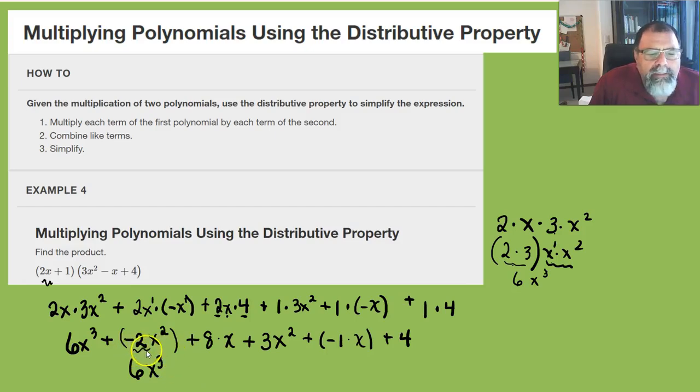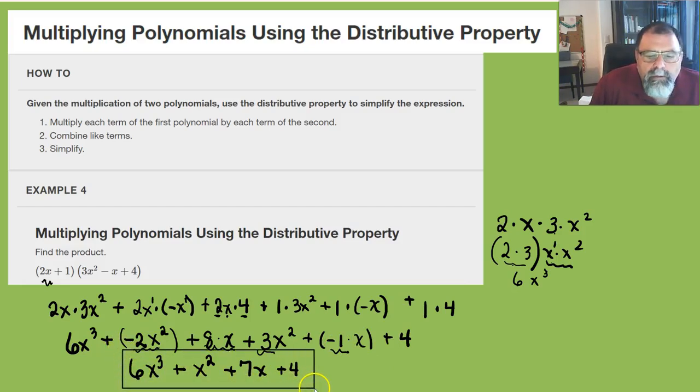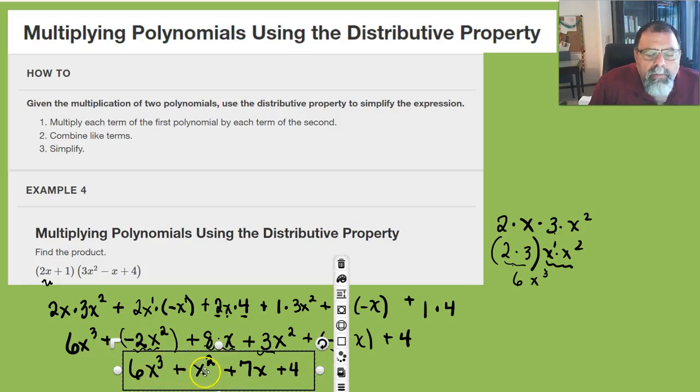We got minus 2 and positive 3. So that's positive 1. I'm not going to write the 1. x squared. And then x's. We got plus 8 and minus 1. So that's plus 7x. And then constants is just the 4. So my final answer is just these 4 terms. This polynomial, 6x cubed plus x squared plus 7x